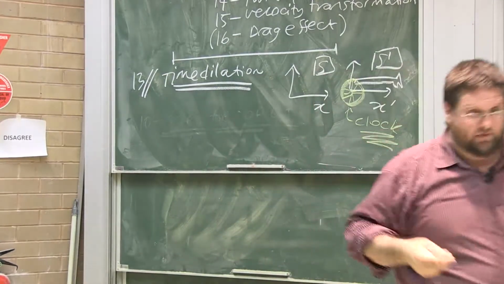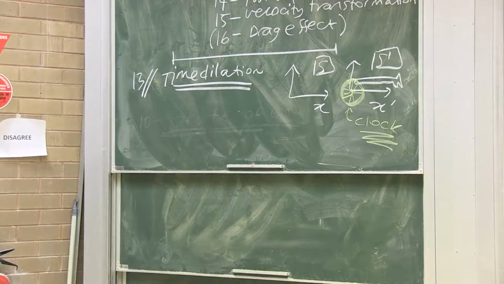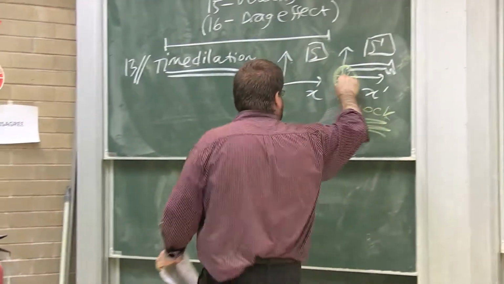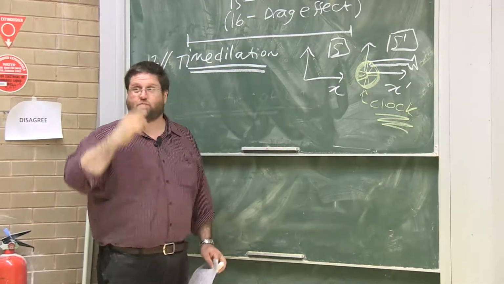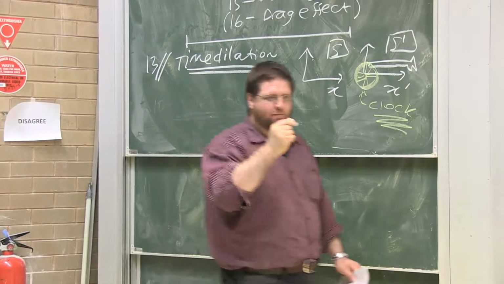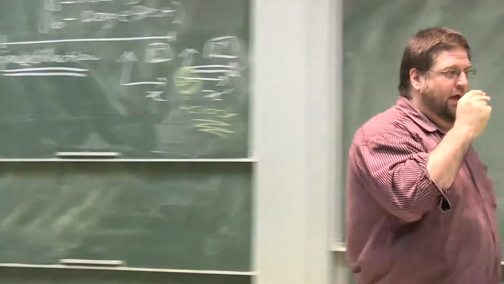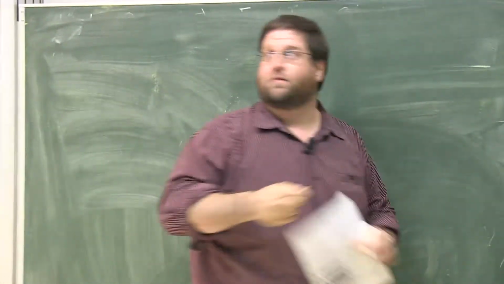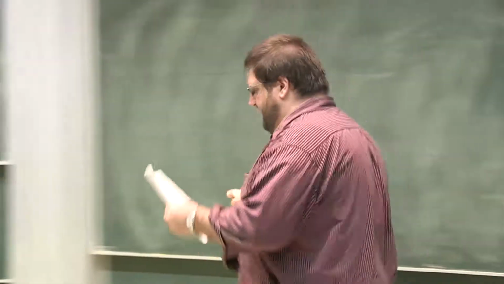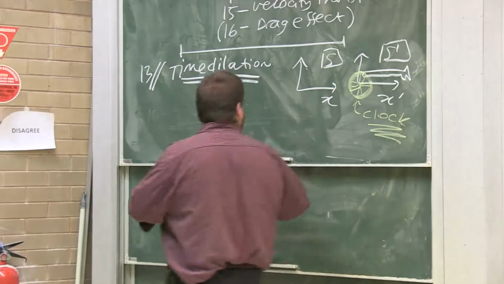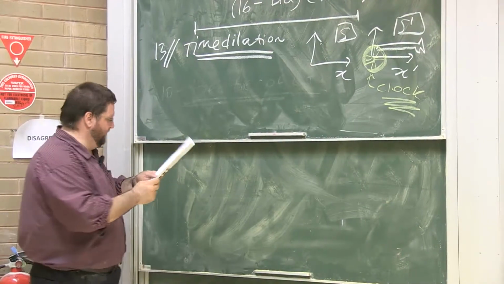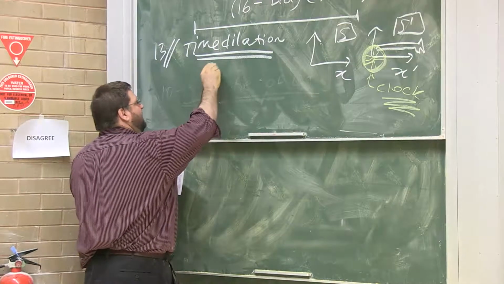And we want to ask the question, if this clock is ticking away, so it's going tick, tick, tick, well, it's a clock that's rigidly attached to the origin of S prime. So if you were S and I was S prime, I'd have my clock ticking, and I would say that that clock ticks every t0 seconds. So just to be concrete, let's have a tick and a tock, for the clock in the S prime frame. So according to the S prime frame,